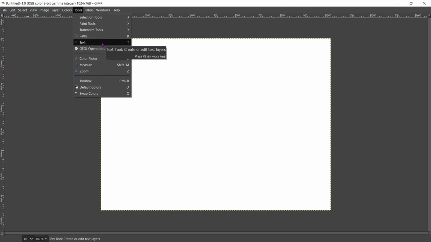And then text. Yes, definitely when we are creating a banner or front image for any YouTube video, then we use text. So this is the shortcut T, or you can come here and click on this, then we can enter the text. Okay, then we have a color picker, measure, zoom,